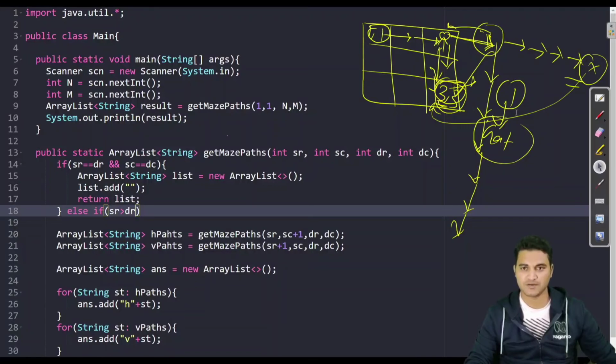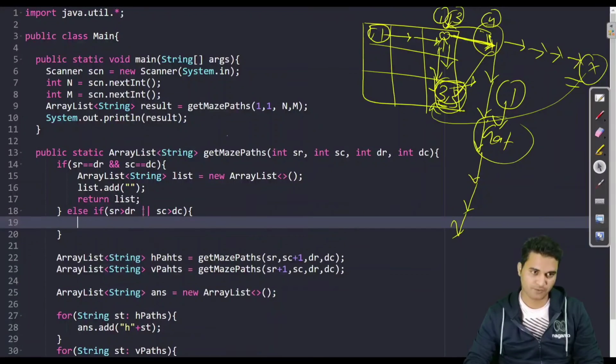You can see here, what was the source row? Source row was 1, of course. But source column was 3. So when you take one step horizontal, then your source column would be 4. That is greater than your destination column. So in that case, you just have to return from here. Or if your source column is greater than destination column, then also you will have to return from here.